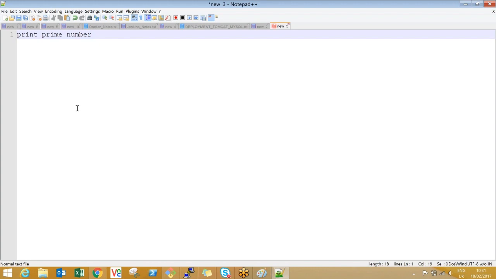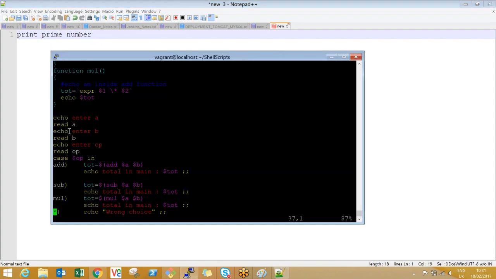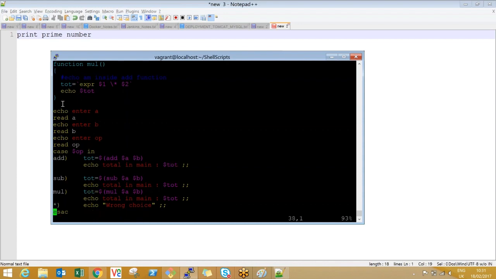Logic is important. Translation is not such a big deal, you can easily do it if you know the syntaxes. So my job is to make you learn the syntaxes, how you write them in shell scripting. When you go to Perl scripting, the syntaxes will change, but the logic will be the same. Logic is the same wherever you go. Only the syntaxes change across programming or scripting languages.